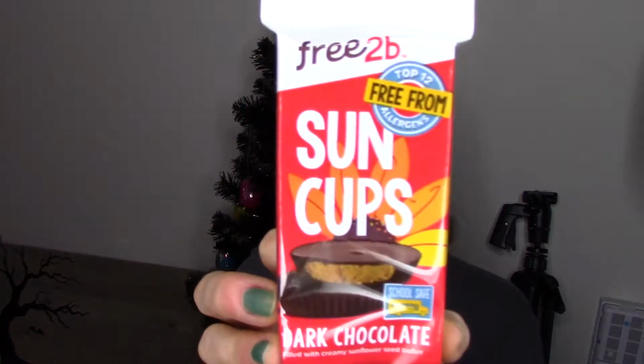All right, next I'm going to try peanut butter cups. Sunflower seed butter, which is great since I can't have peanuts. This is the dark chocolate. If you just gave this to someone, they would be like, oh, it's peanut butter, but there's definitely a sunflower